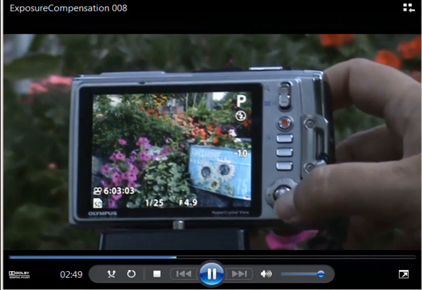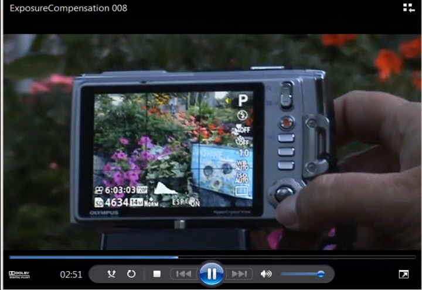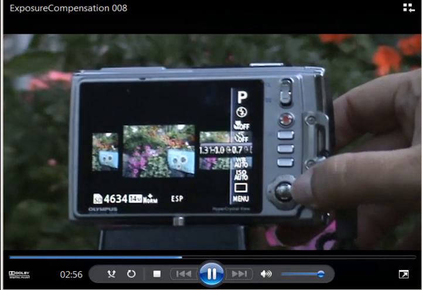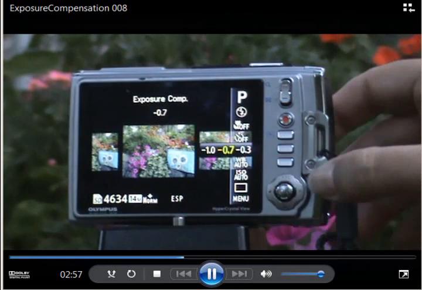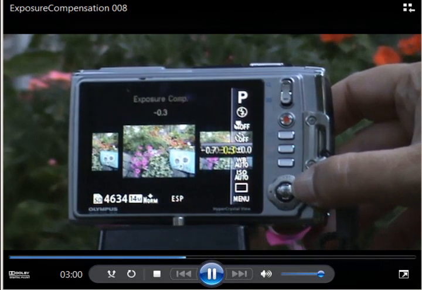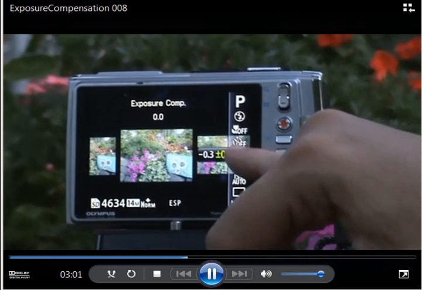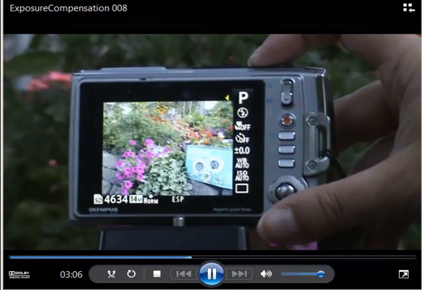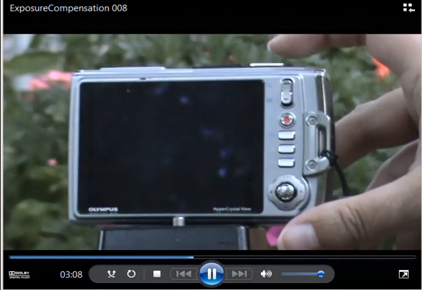Took that image, and when it comes back up, this is the thing, I got to scroll back down each time, but it does give you a preview in the middle rather than your histogram. And this is 0. It's not any exposure compensation at all. Take that photo,